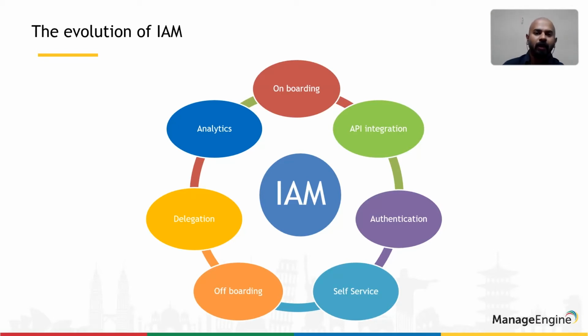Okay, and my favorite is delegation, because we know that Active Directory management, or for that matter, Office 365 management, is no longer just an administrator's task. So you have other people getting involved in the process. So there has to be a way by which we delegate the actions to other users in a very non-intrusive manner. Okay, and the last or the most important part of all when it comes to identity and access management